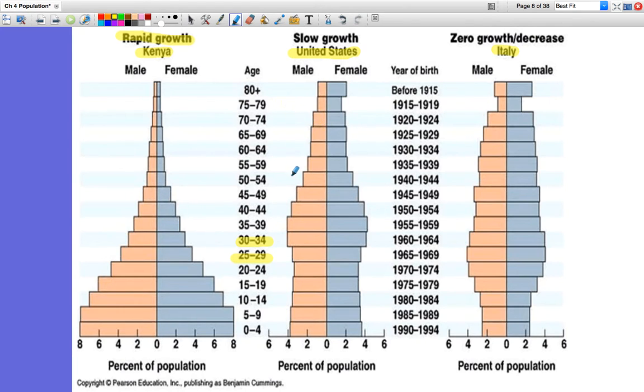That's when the population starts to decrease. And then in Italy, we actually even have more people in their 20s and 30s